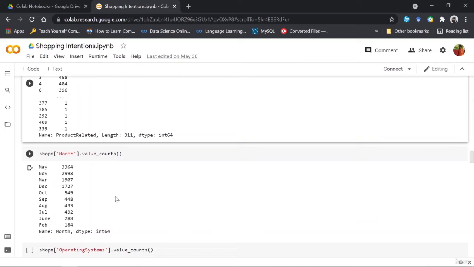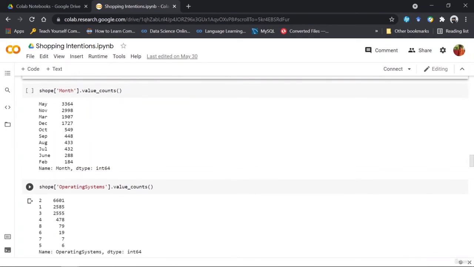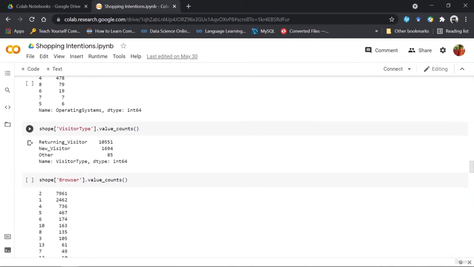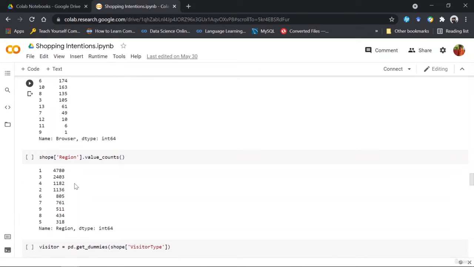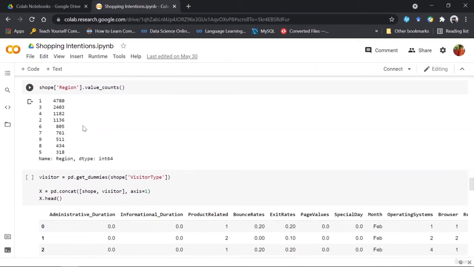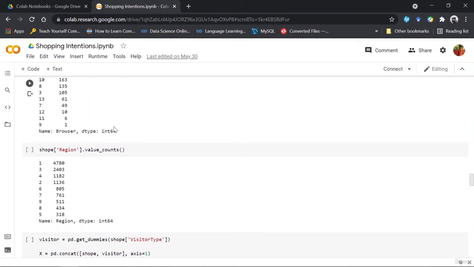Simply I'm doing this for month, operating system, visitor type, browser, region, and all that. After that, I am able to understand that some of them are categorical data. Basically, I'm handling categorical data to build even more data so that I can put that directly into the model and it is able to understand the patterns itself.